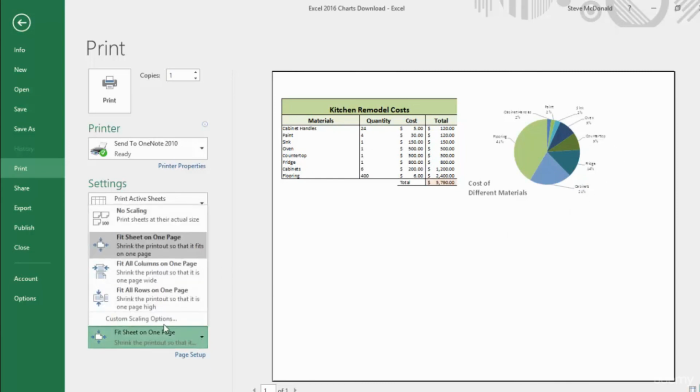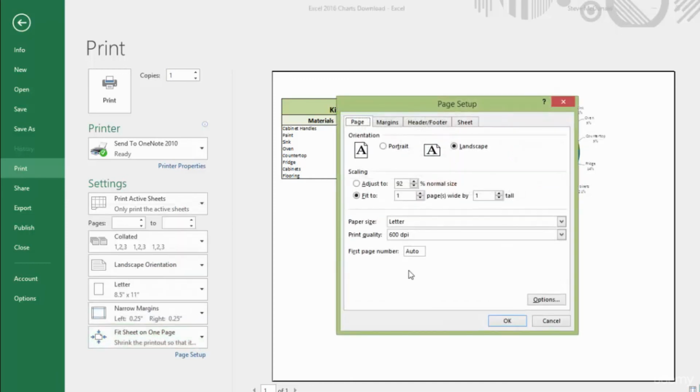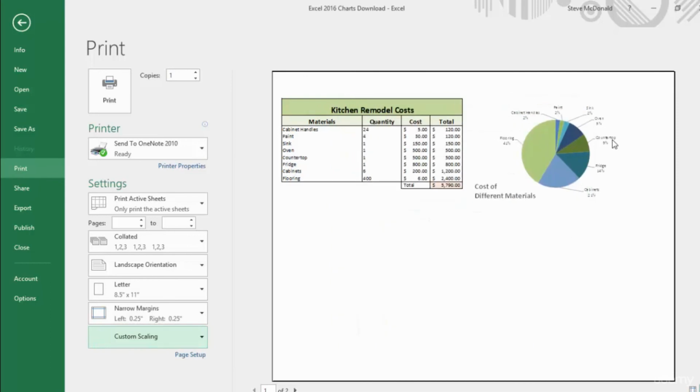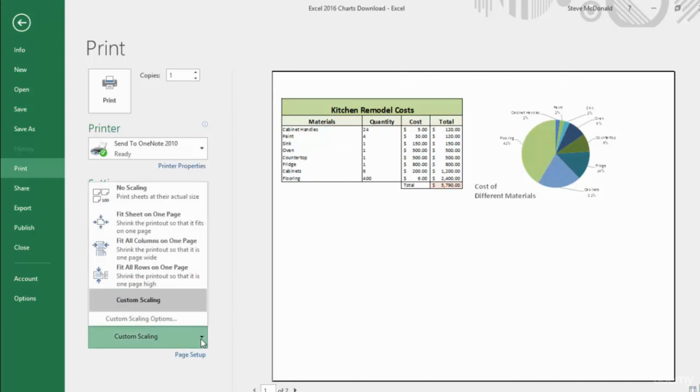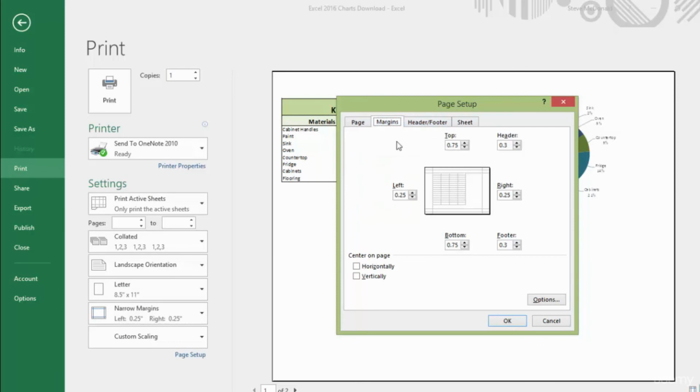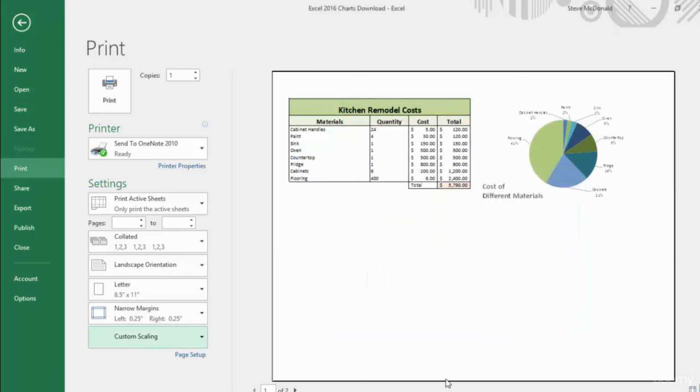Or we could even customize it, so you can see it shrunk it to 92%, but we could try and get it even closer and say 95% of normal size and click OK. You can see that still fits. Now of course we can also center it if we like. Go to custom scaling options, go to margins and center horizontally, click OK, and that looks a little better, but